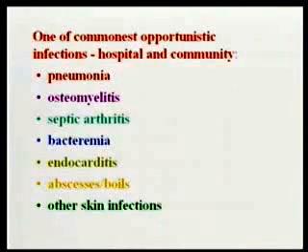Pneumonia, you name it, it's got it. Pneumonia, osteomyelitis, septic arthritis, bacteremia, endocarditis, abscesses and boils, skin infections. In the community, you might be seeing a lot of abscesses and boils more. In a hospital situation, you'd be seeing more pneumonia and bacteremias. We should emphasize here, though, not because it's the only thing we see in this disease, because just about any organ of the body could be affected by this, but osteomyelitis and septic arthritis are particularly emphasized in this disease